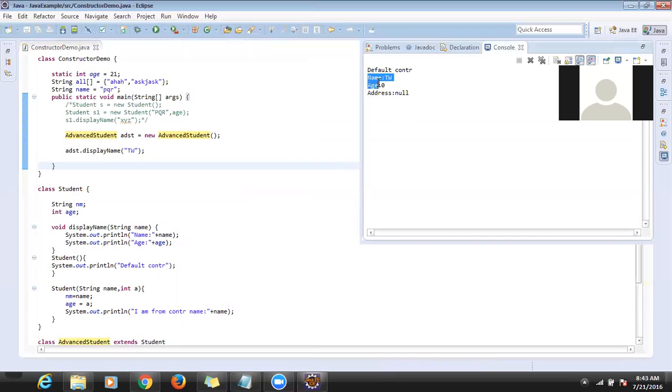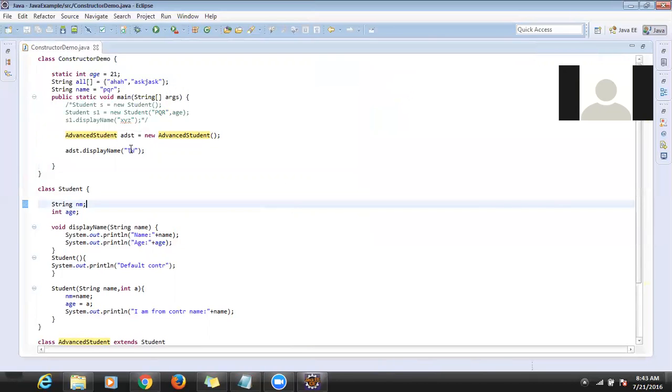Inside the display name, we are displaying name, age, and address. For age, we are not assigning any value, so it's displaying the default value 0. For address also, we have not assigned any value, so it's displaying null. For name, we are passing the input as TW, so it's displaying